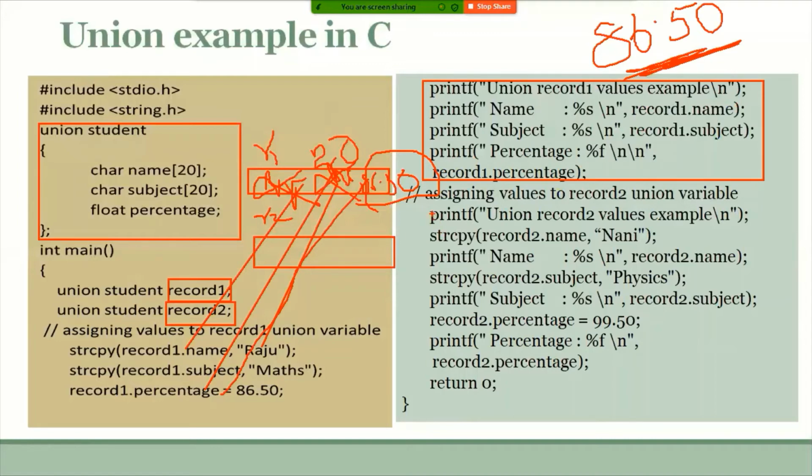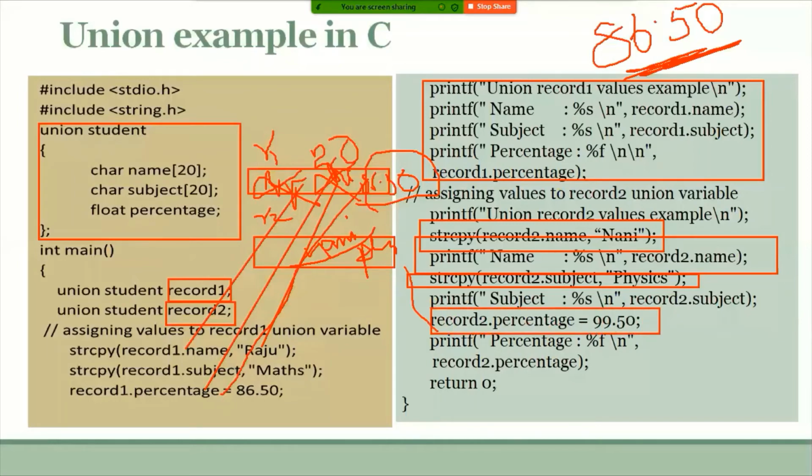But in the case of record 2, first Nani is copied into it, and the same Nani is displayed with the help of the printf statement. The next one, physics, is copied into record 2, and the same physics is displayed. Then percentage 99.50 is copied, and the same thing is accessed and displayed.